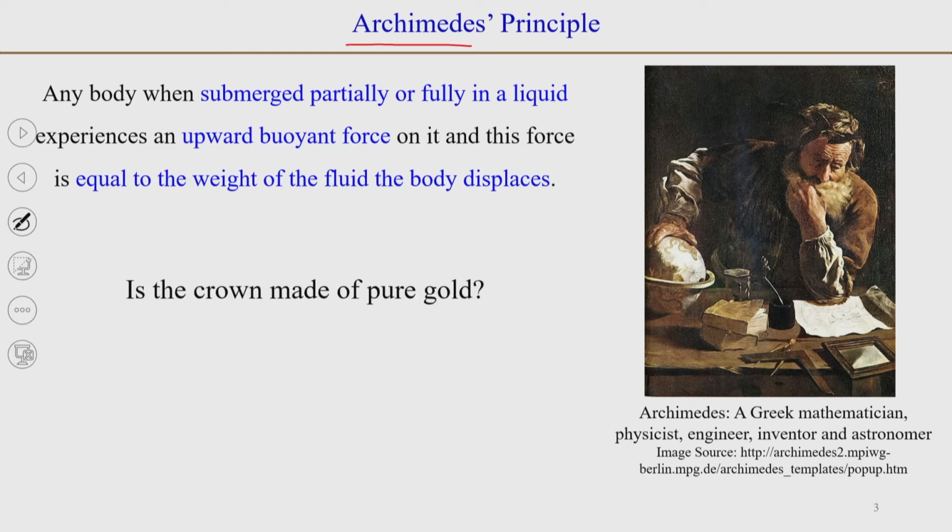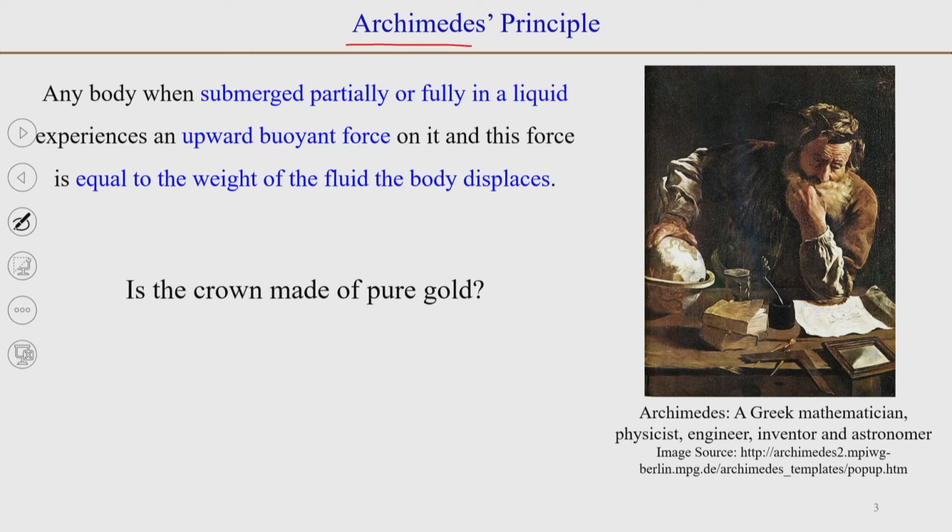So, a story goes like this: the king of Syracuse, the place where Archimedes used to live, asked Archimedes to find out if a crown that he had ordered for a temple